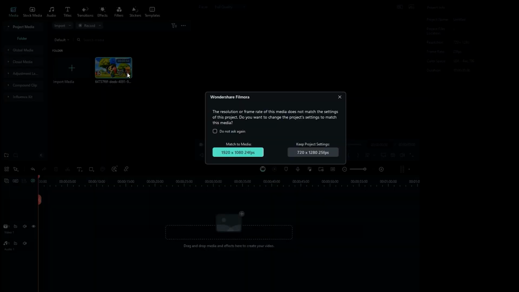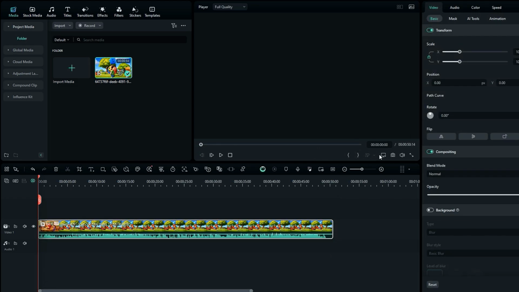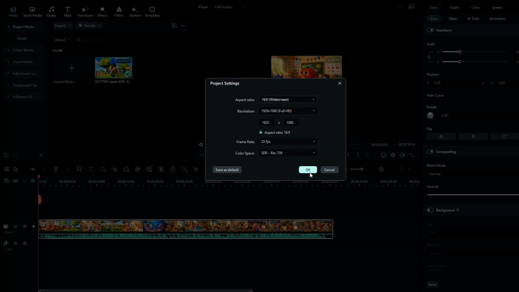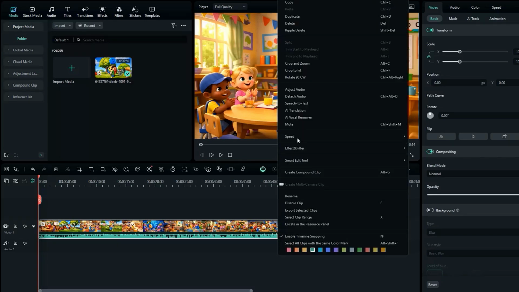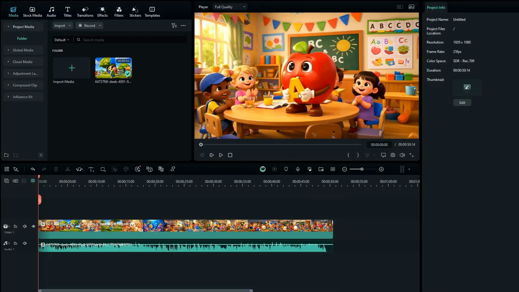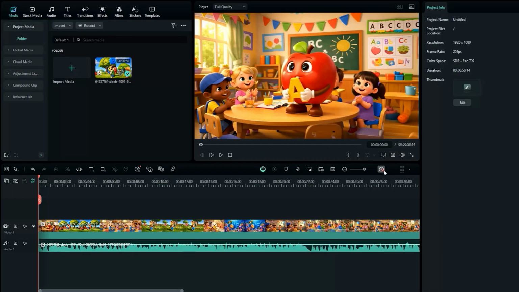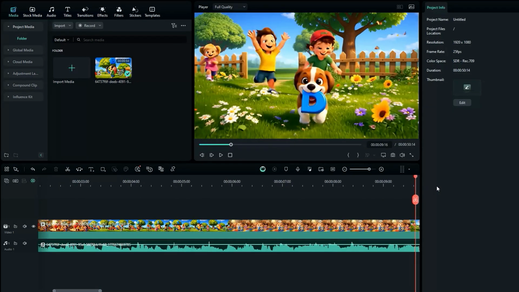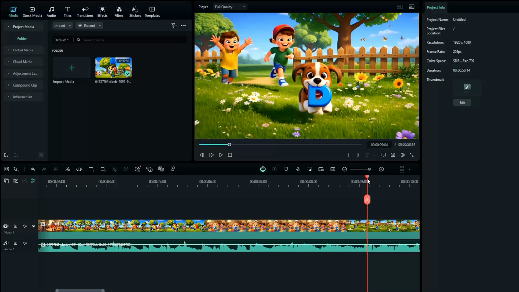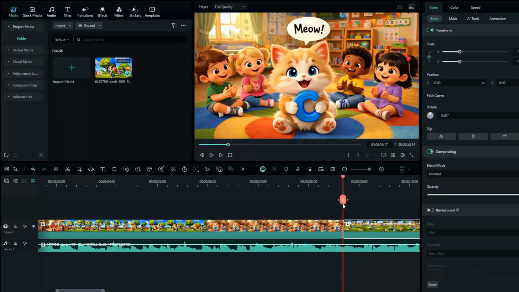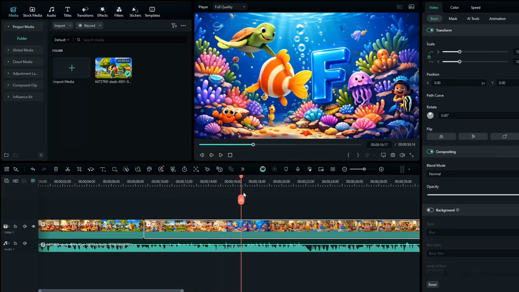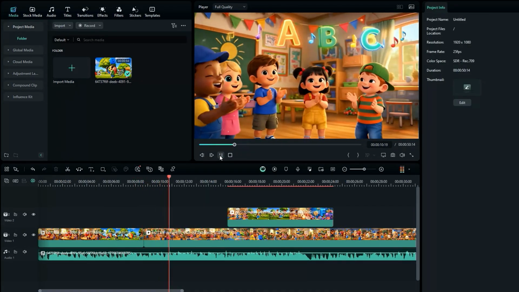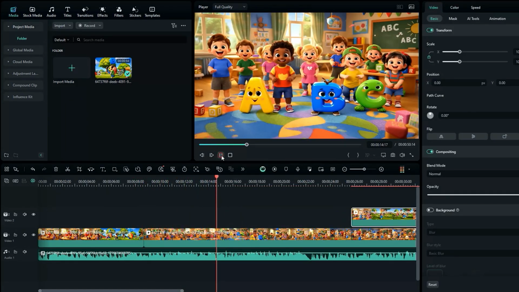So now you can see that I've imported my song into the editing tool and placed it into the timeline. Next, I separate the music so I can clearly understand which part matches with which clip. For this, I simply right click and select detach audio, which separates the audio from the video. So as you can see, there was a slight singing issue here. In the music, the ABC part was playing separately, then the chorus came in, and after that, the DEF section was also in a different part, but our visuals were running continuously from A to F in a single line,